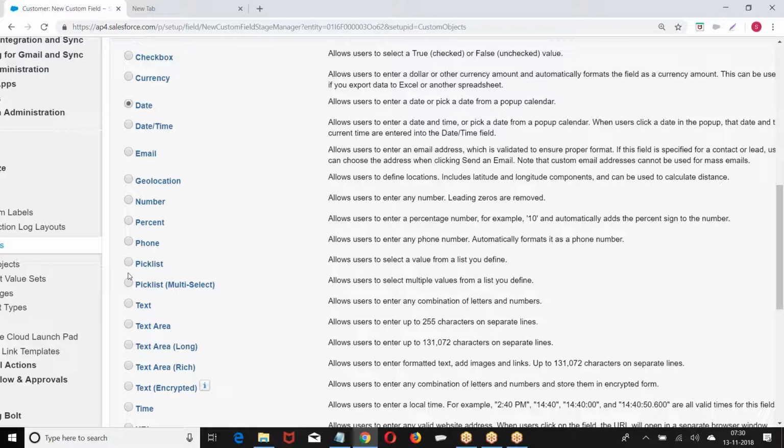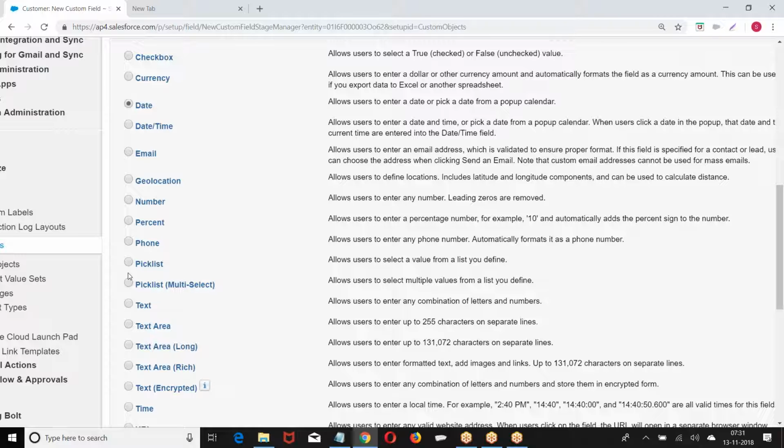Let us say I want to create a radio button. In this, do you have a radio button? I don't have a radio button. Obviously I cannot create a radio button using declarative, so I have to create my own page with a radio button. I want to create a checkbox group. They have given only one checkbox. If you want to create a checkbox group, there is no built-in option, so I have to go for my own programmatic way of representing it. So when you go for declarative, there will be a limitation.